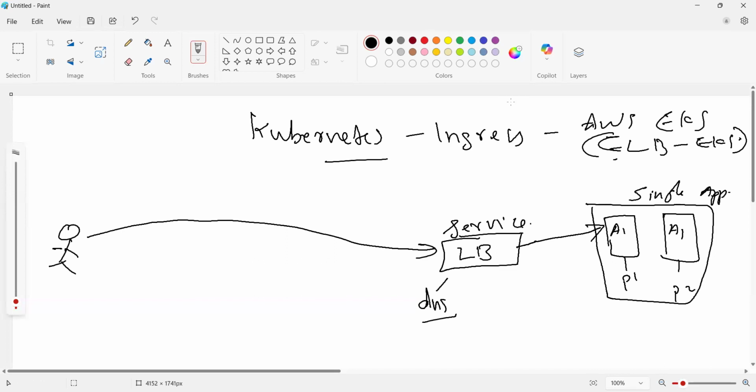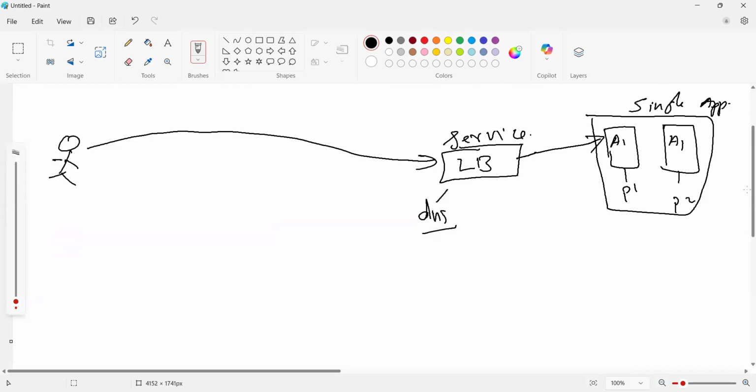Consider that we have multiple applications. Coming to a production environment, we have a lot of applications, right? I will draw it again. Just assume we have one more application, app 2, running in pods. Two replicas there, so pod 1 and pod 2. This is the second application, just assume that. So how will we expose the application the same way? We need to create a load balancer